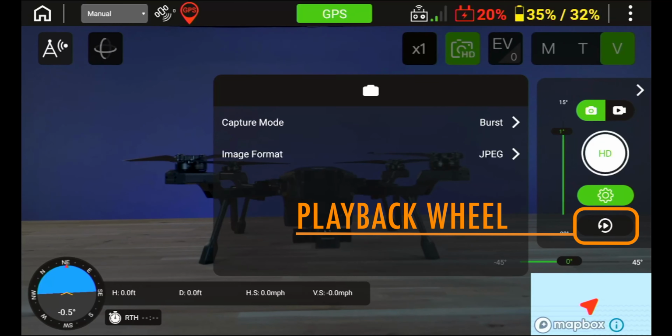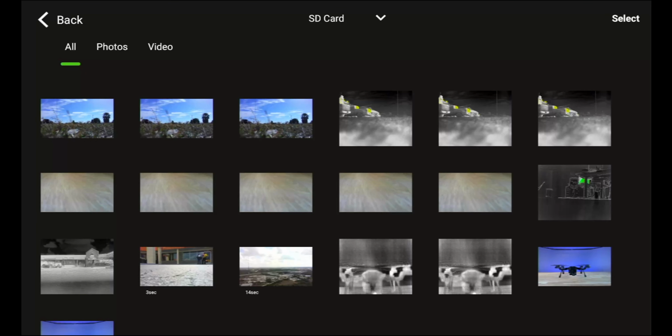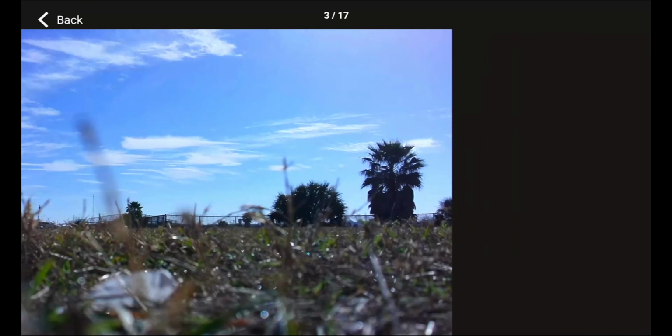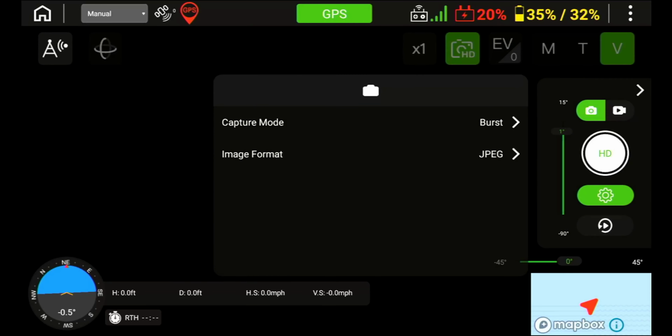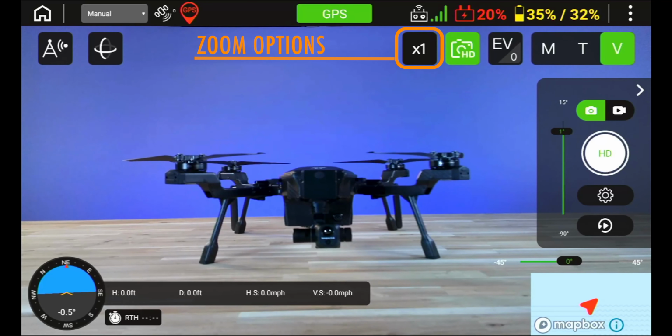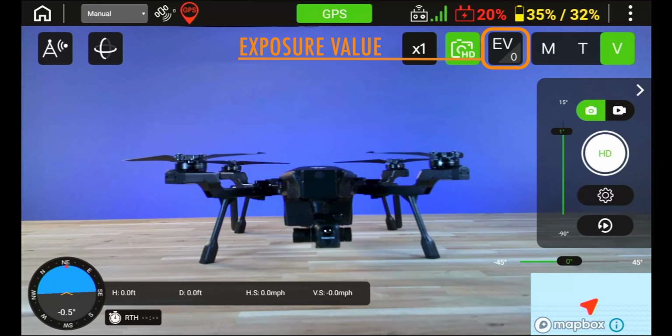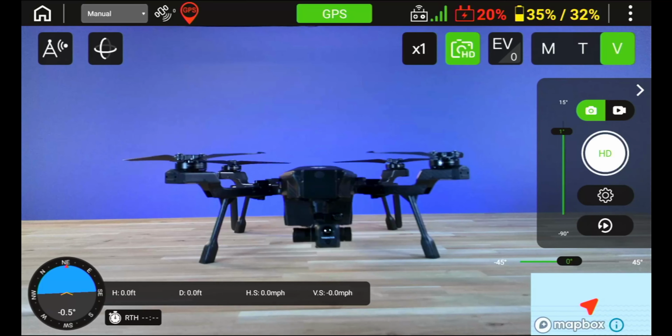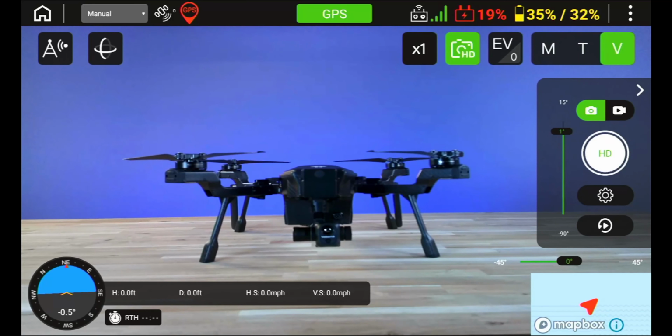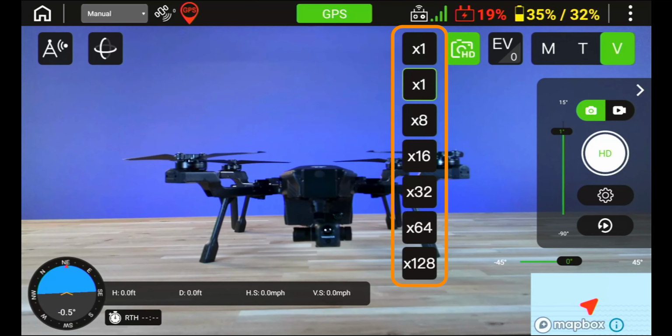Just underneath the gear wheel is a playback icon, where you can review the photos or videos that you have taken. On the top of the menu screen, you will see options for zoom, HD camera settings, and exposure compensation value settings. You can set your camera zoom levels by pressing the icon labeled X1, and inside of here, you have